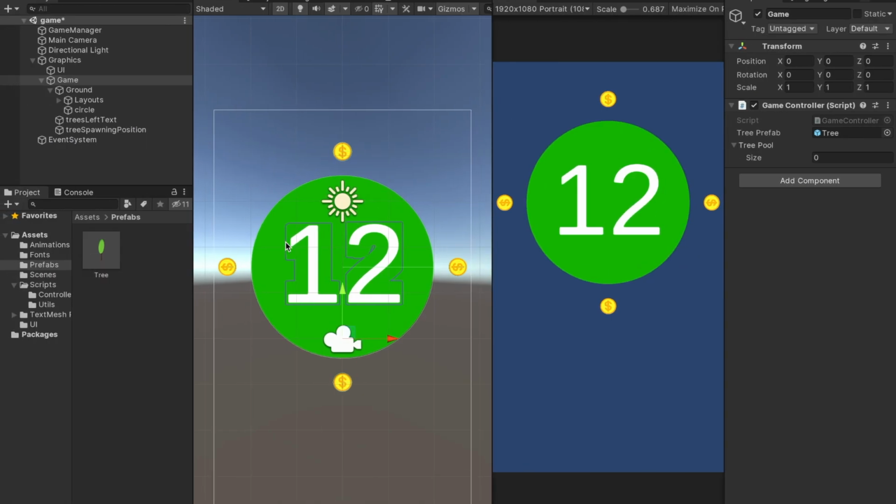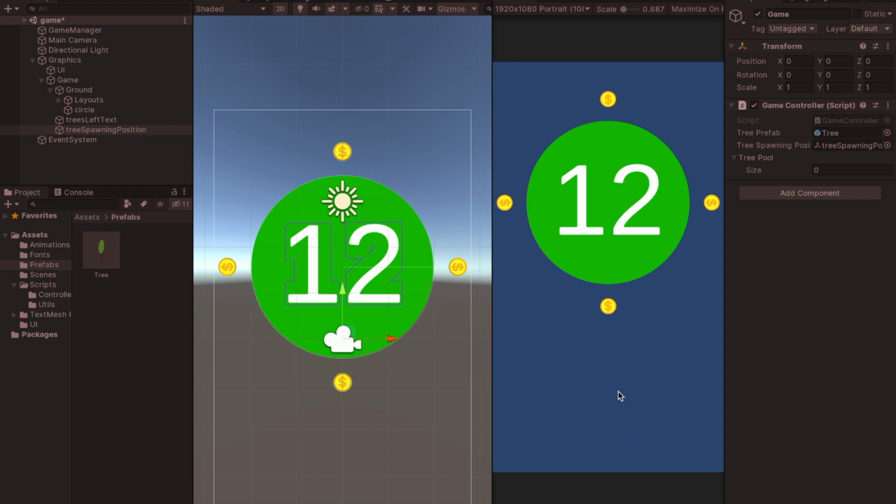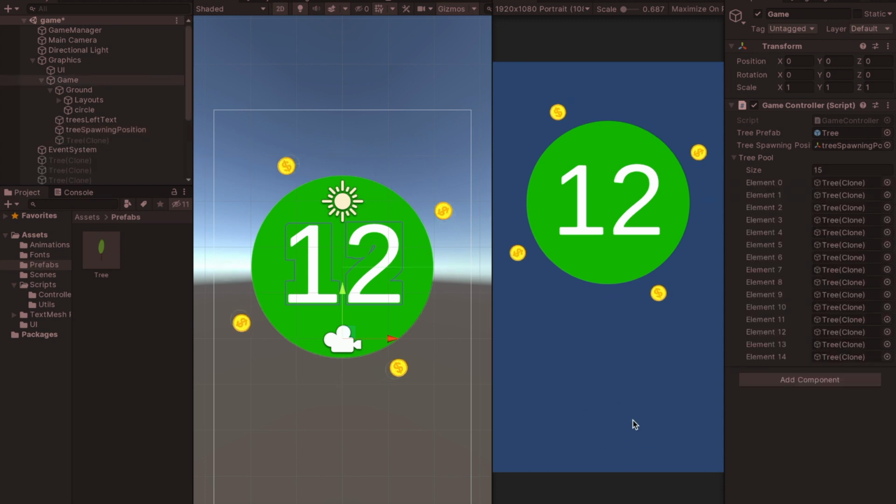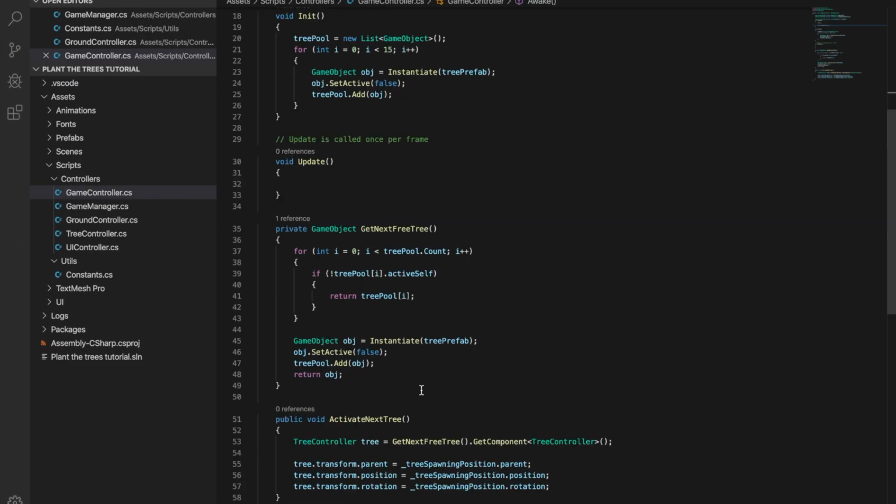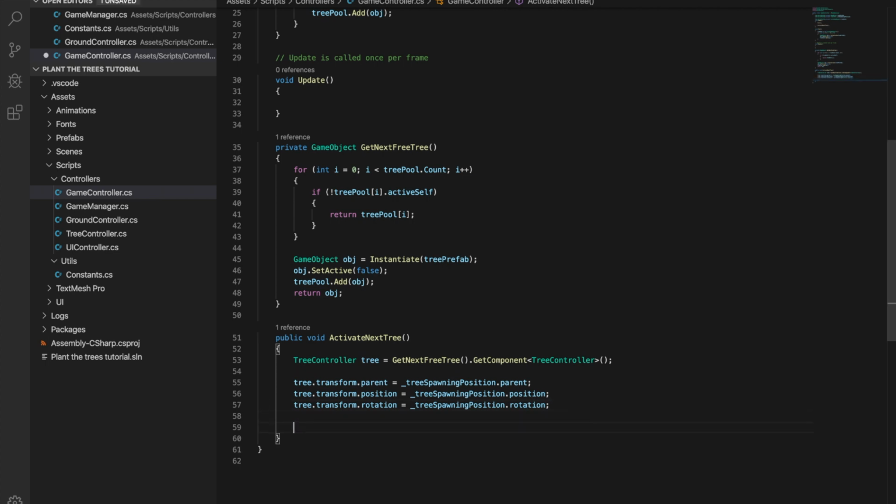Now we'll move back to Unity. We'll just need to add that position to game controller. Okay, tree spawning position here, and now when we run, one tree should already spawn here, and it didn't spawn because we didn't set this tree game object set active true. So now when we try it,